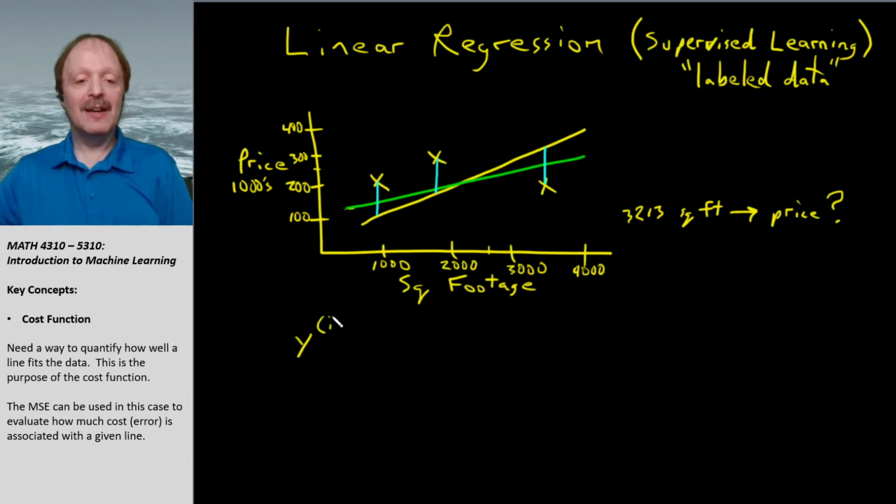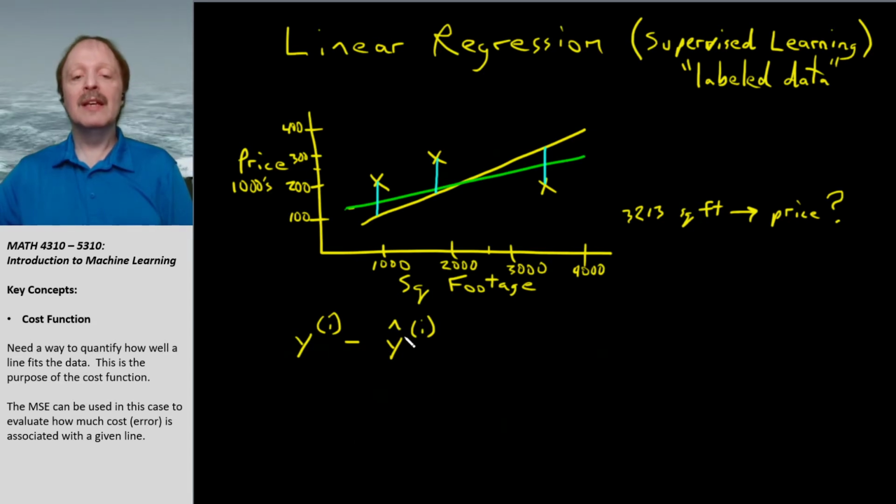y sub i, superscript i, minus the predicted value from the line. So this is the actual data point. This is the ith output. So it is the price of an actual data point. The hat here represents a predicted value. So this is what I'm going to use to represent the y value that would be predicted from the line itself. Okay? So if I take this and subtract it off, and maybe then I add the other two,